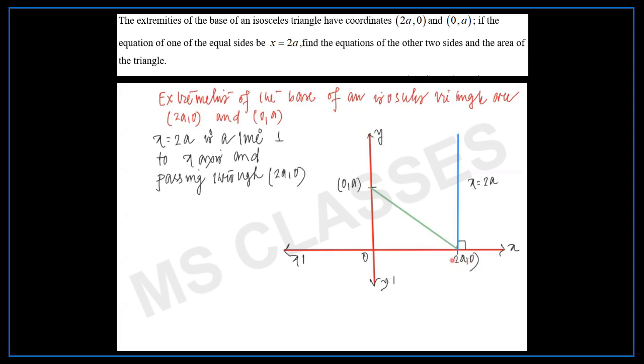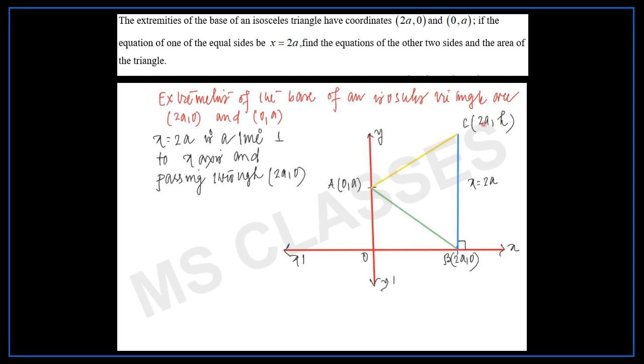Now we have to find the isosceles triangle. So in an isosceles triangle, this is one of the equal sides, so another equal side will be this one. How to get the other equal side? We can just join this one. Now we consider this is the vertex A, this is the vertex B, and this is the vertex C, which will be (2a, h), or k we can take. That means this height BC is h. Now this is (2a, h).